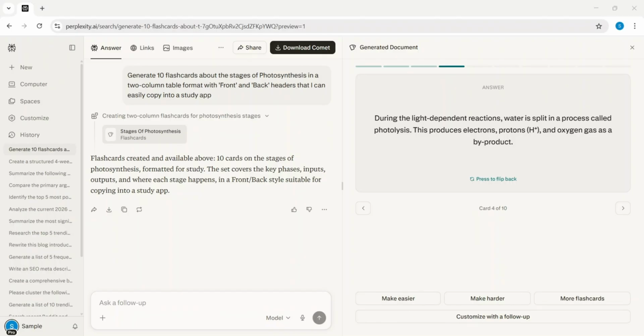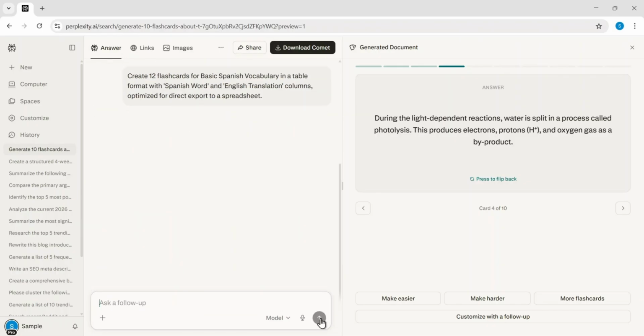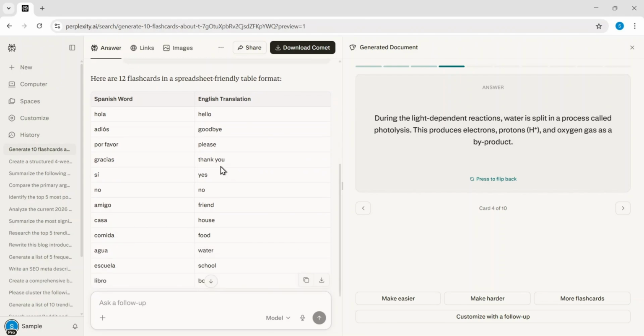Now, let's try a language learning example to see how versatile this tool is. I'll type a new prompt asking for 12 flashcards covering basic Spanish vocabulary, this time requesting a format optimized for a spreadsheet export. Perplexity quickly delivers a clean table featuring essential words like hola, gracias, and amigo, paired with their